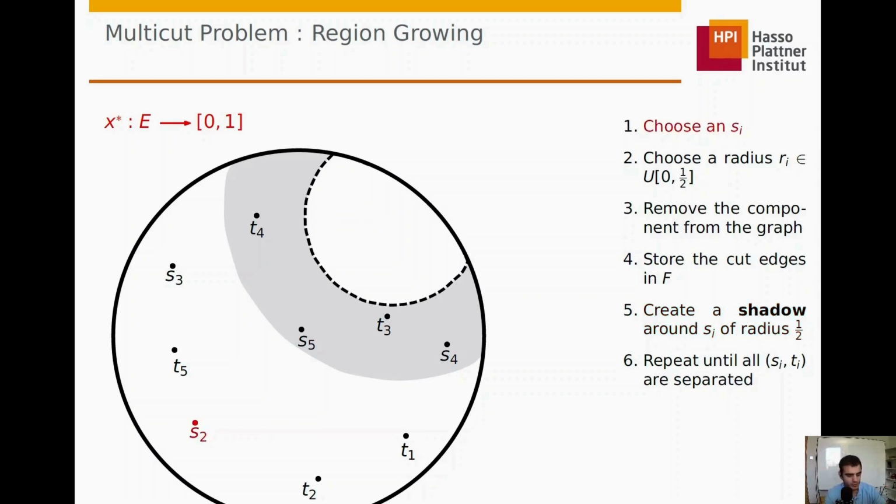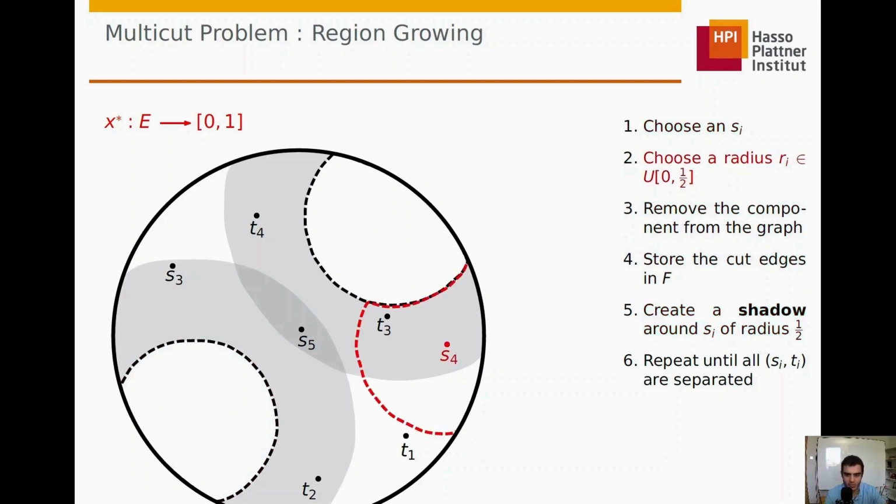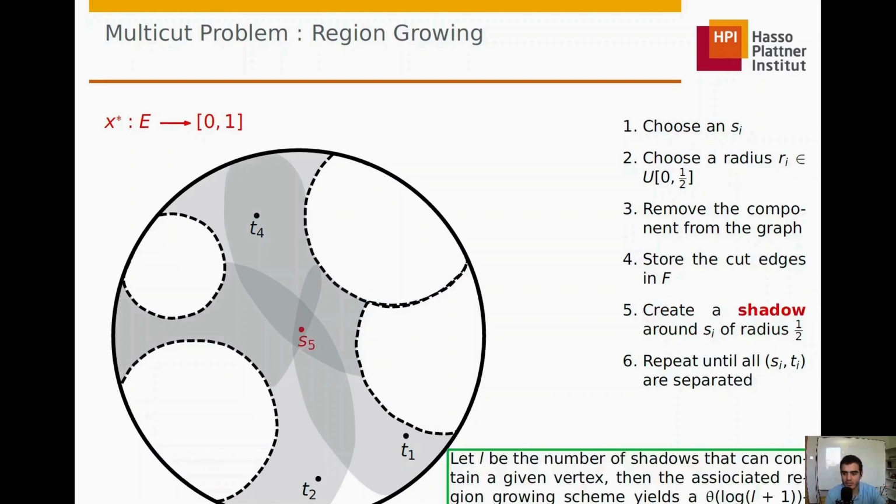And now I will continue. So S2, I create a cut, I cut it, I remove everything, I store the cut edges, and I initiate a shadow of size 1/2. I do the same thing with S4, because I don't have to take the Sis in any particular order. I initiate my shadow, S3 again, and now I have a multicut. And now what I want you to notice is that